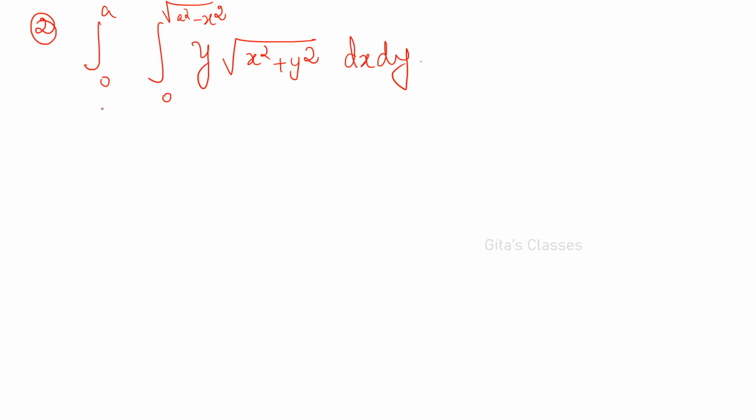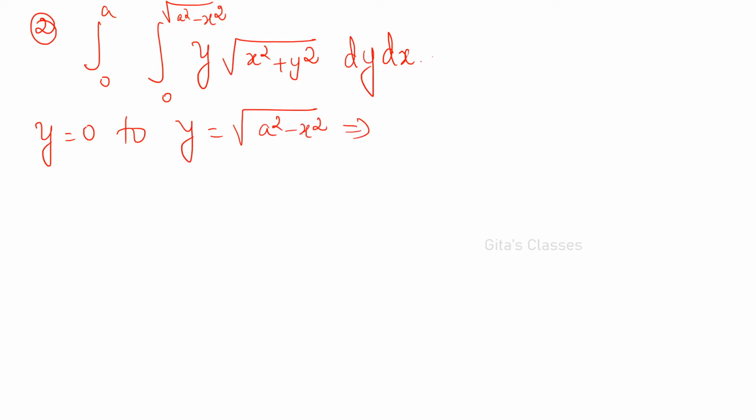Okay. So now what are the limits? Is the given order right? No, it should be dy dx, right? First you check. Here you have x, so it should be dy dx. Okay. So y varies from 0 to y is equal to, limits are these things, right? From this you can write x squared plus y squared is equal to a squared. How? You just square both the sides. This will become y squared is equal to a squared minus x squared. Bring this minus x squared to the left hand side. Okay. So x squared plus y squared is equal to a squared. And x limits are from x is equal to 0 to x is equal to a.